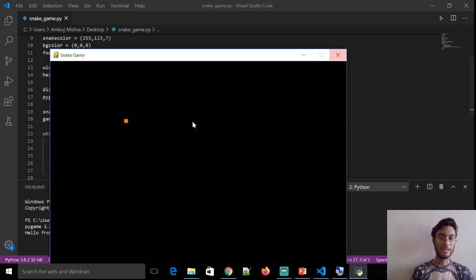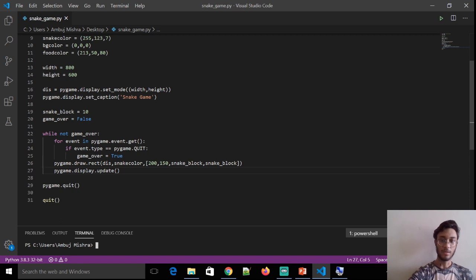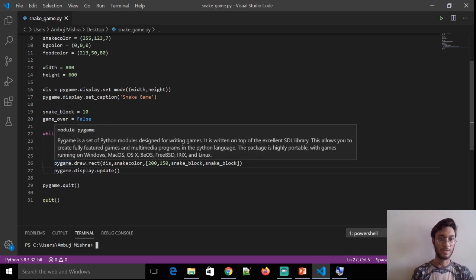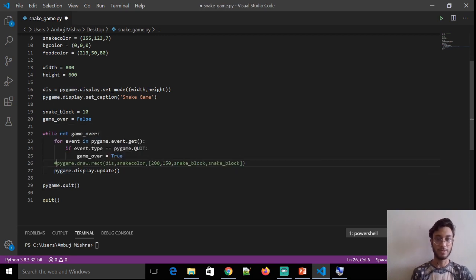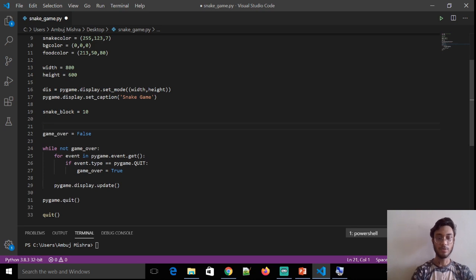So to make it dynamic, we are going to make a method in which the x and y coordinates will change according to the snake movement. Okay, so next I'm going to define a snake method over here. Before that, let me just comment this out, or I should remove it. Okay, now here below the snake block, I'm going to declare a method snake